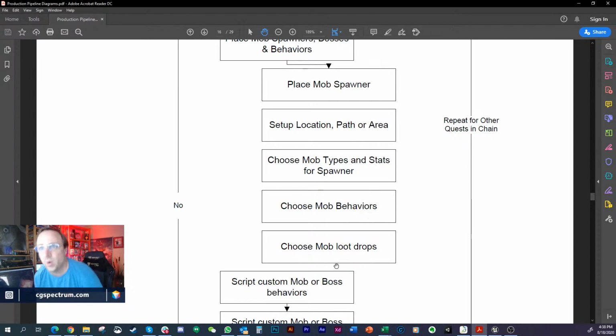So for example, you might have a quest that says, hey, go kill 20 wolves in your game, but you have to make sure those 20 wolves are even there. So what happens if the player kills 10 of the wolves and the wolves don't respawn? Now the player starts a quest and the quest says kill 20 wolves, but there's only 10 left in the world. Now the player can only kill 10 and he'll never complete that quest, because 20 are not available. So there's a lot of stuff like that in quests that gets tricky,